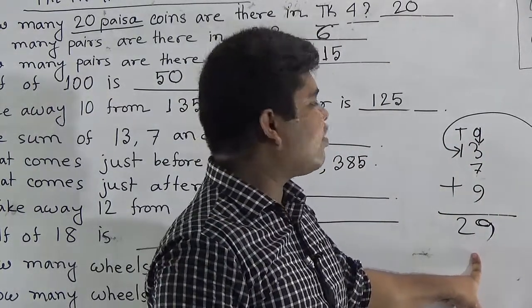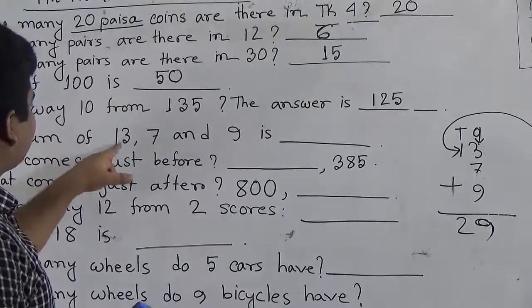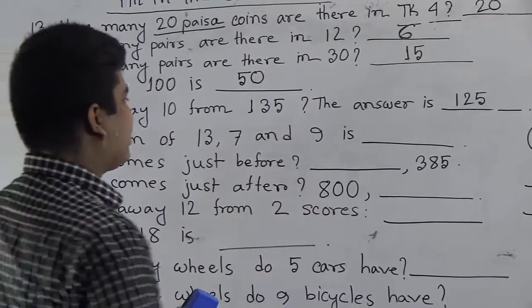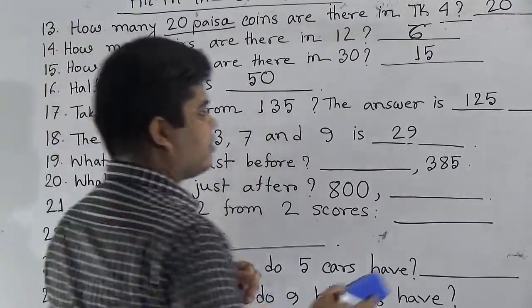So it is easy for you. So if we add 13, 7 and 9, we get 29. I hope you understood how to add. Next